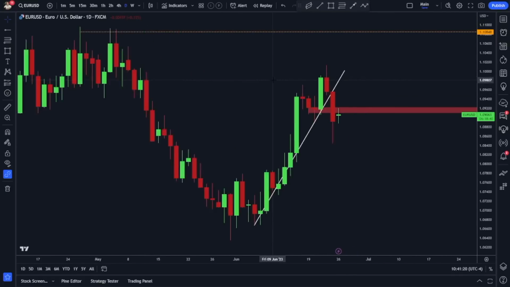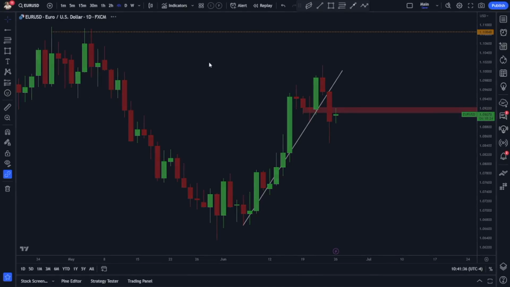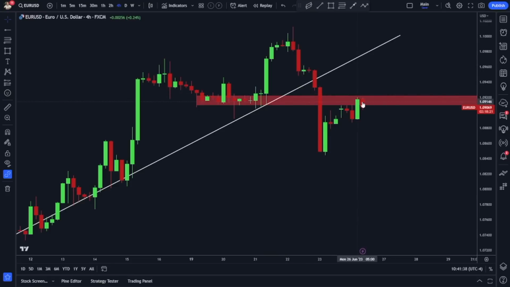I do think we have room to go back up there as the Fed continues to look like it's entering the last leg of its tightening cycle, especially with that pause. Things seem to be slowing down on the rate hike side of things. And I think there's a divergence creation there with the ECB. Anyways, price action wise, we still have this hurdle to get over. I think you need to start seeing breakouts before bulls can take back control, meaning breakouts here. Could be a leg higher for the euro.